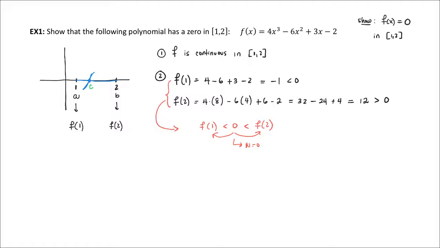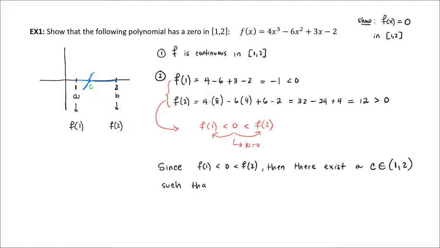Since indeed 0 is between f of 2 and f of 1, then there exists a c between 1 and 2